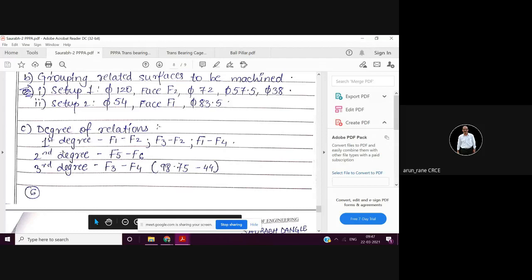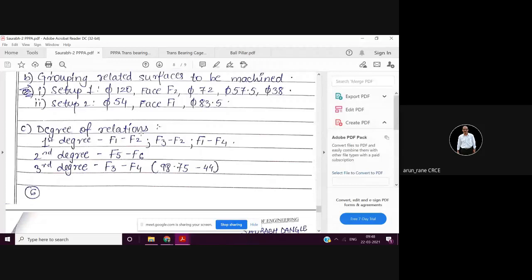So first degree surfaces like F1 to F2, F3 to F2, F1 to F2, these dimensions are given on the drawing. That means these dimensions have to be paid important attention, and as far as possible, you need to do these first degree dimensions in one setting, because only if you do them in one setting will you get these dimensions correct. It may happen that it may not be possible to get this dimension in one setting.